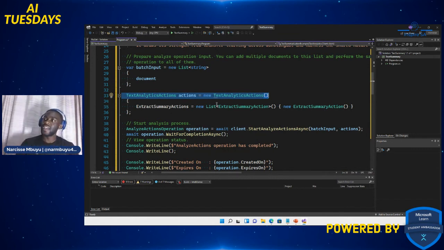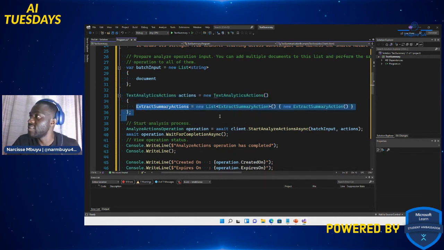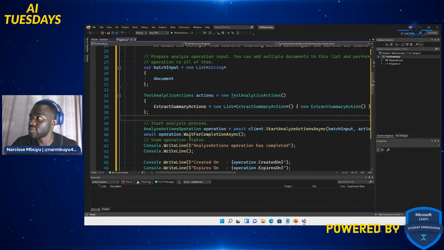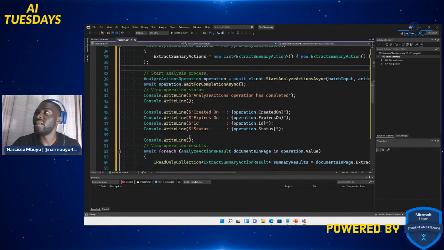So basically this action is gonna give us a summarized list so that we can output it. It's a list of actions to summarize. Basically, that's what it means, right? And then it's gonna start with the summary analysis.